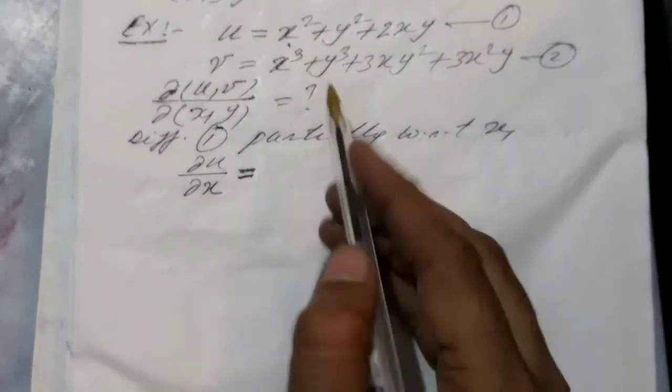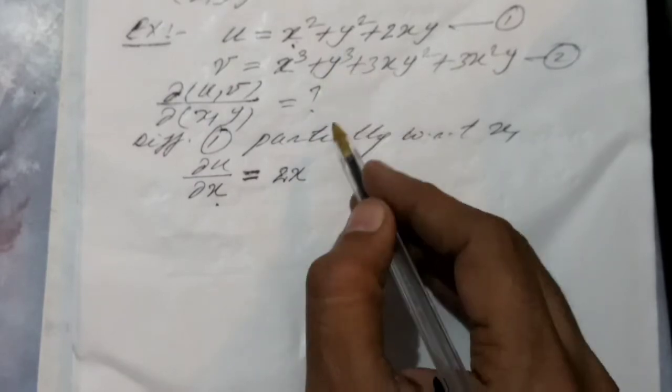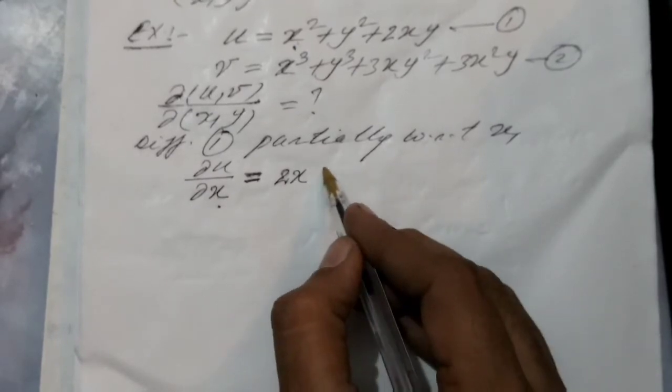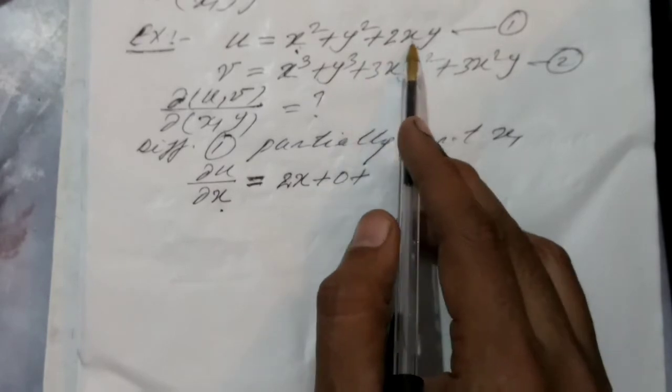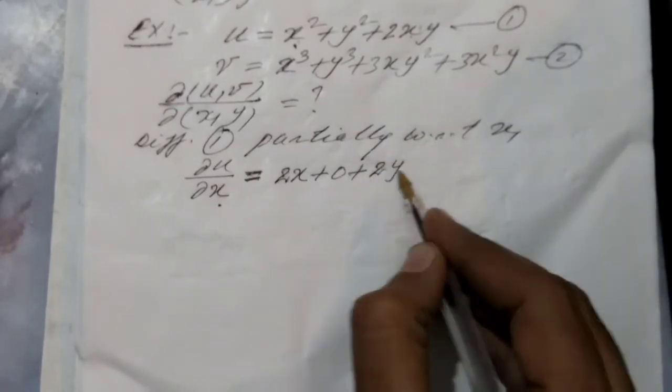So first term x square, which is considered to be variable with respect to x, so differential of x square with respect to x is 2x, and the next term is y square, which is purely constant term because this is differential partially with respect to x, so y is taken as constant, so its differential is 0, plus 2xy. Here y is considered as constant and 2 is numeric constant, so there is only one variable, that is x, and its differential is 1, so partial differential of this term with respect to x is 2y. So simply we may write it as 2x plus 2y, make it equation number